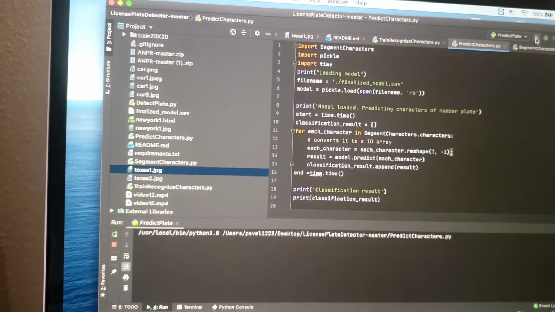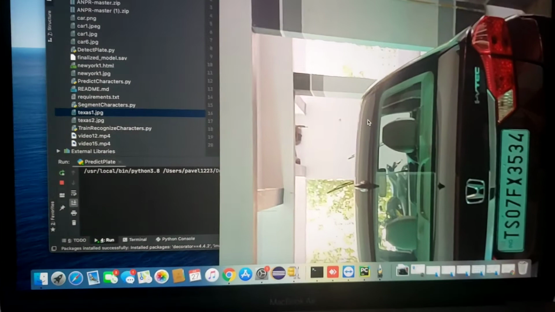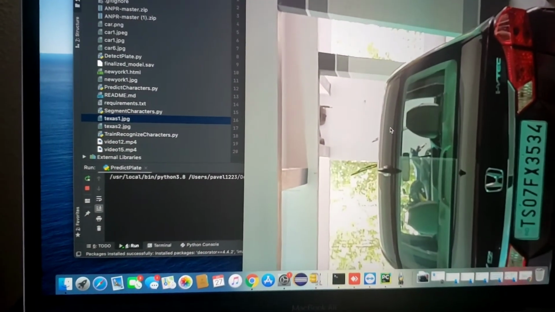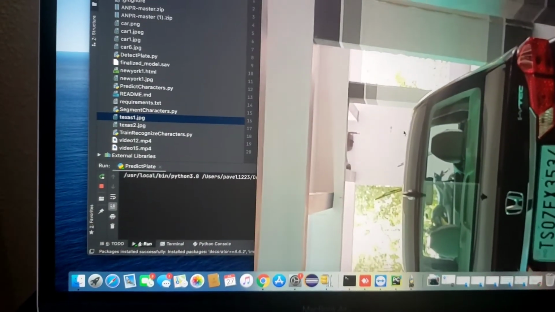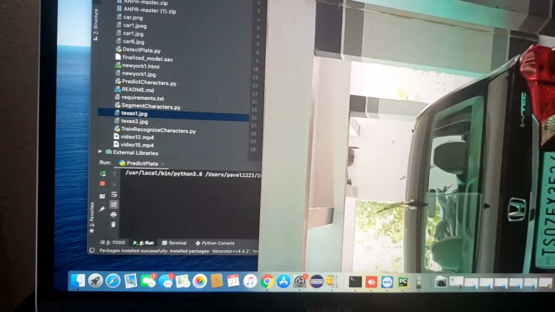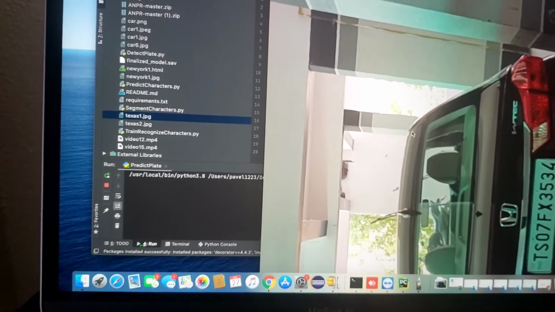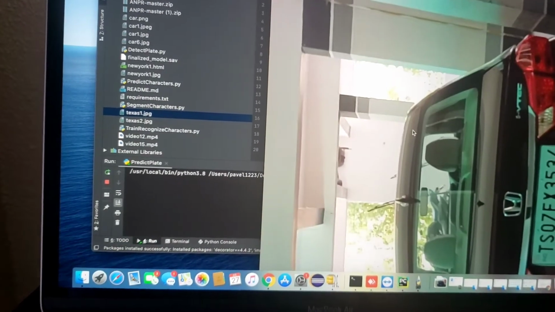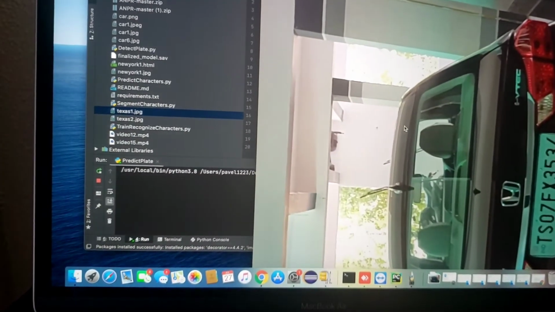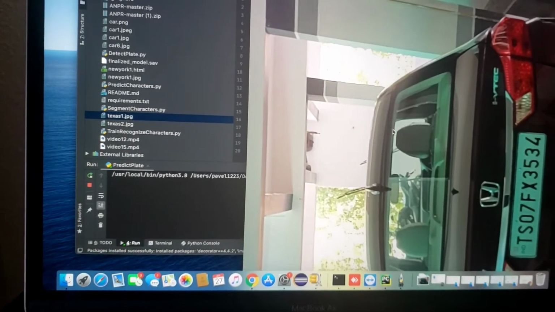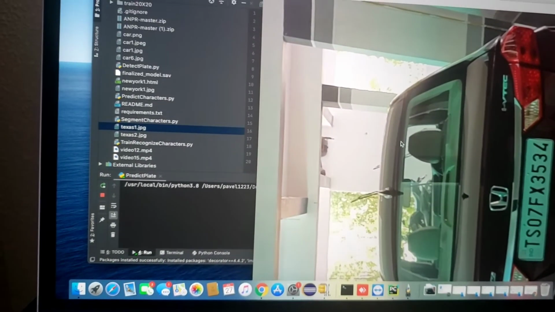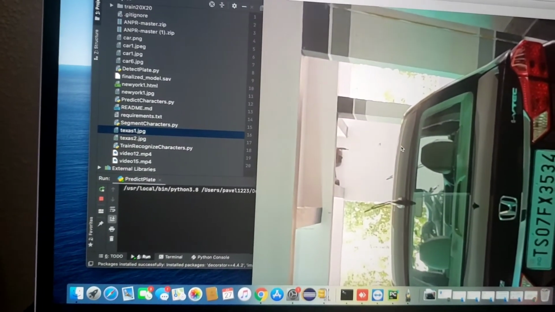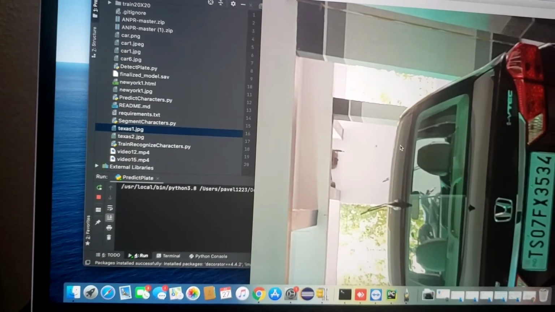If we run the predict model, let's see what the output will be. It's loading really fast. It's just loading, not calculating anything yet. After the loading, it calculates instantly. For now it's just showing the video, not the calculation itself, because after that we will see the time required for this.